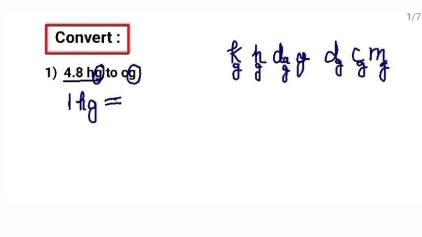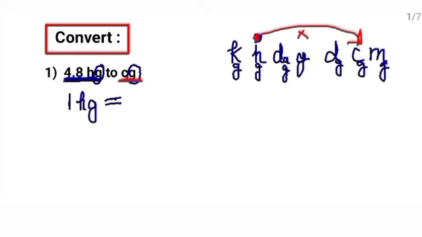You are on hectogram. Now this value is on hectogram. Hectogram is given here. And you want to convert it into the centigram. So where is centigram? Here. So you will move this to this place. Clear? You are moving forward. What did we say about forward? You will multiply. With which number you will multiply?